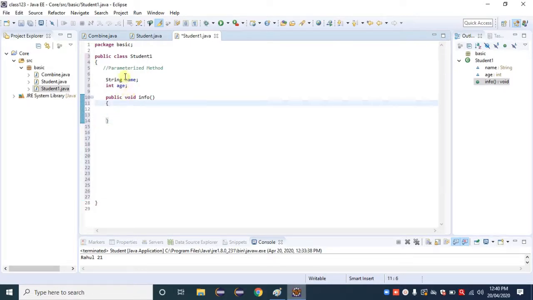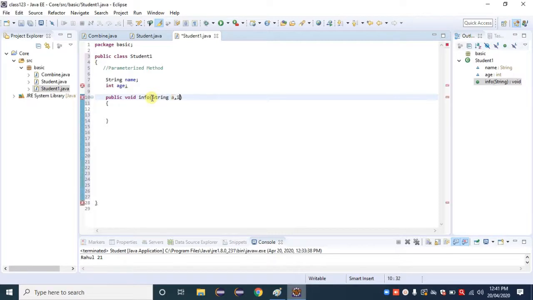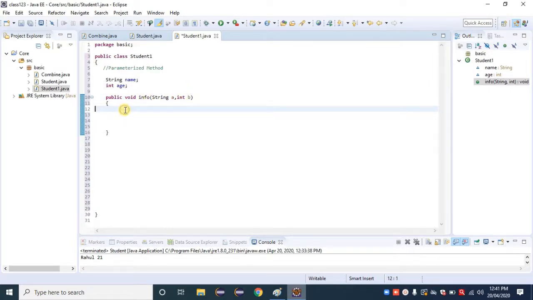So here we are studying about a parameterized method. It means that we need to pass parameters here. Already we have declared the variables, and in a similar way I need to pass parameters here, that is String a, comma, int b. Inside that method body I am declaring what a is and what b is.